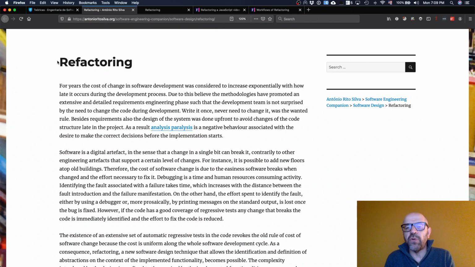And what is the idea of doing refactorings? When you develop, you are basically doing two different things. Either you are implementing functionality or you are changing the structure, and you don't do these things at the same time. If you change structure, you keep the functionality. Basically, you change the structure while keeping the functionality. So we improve the structure.